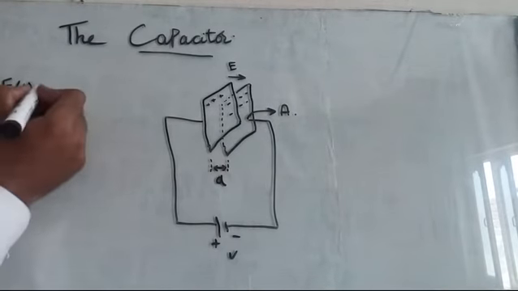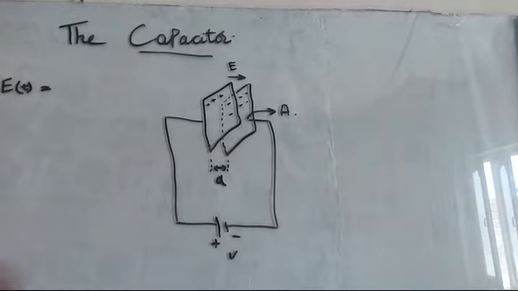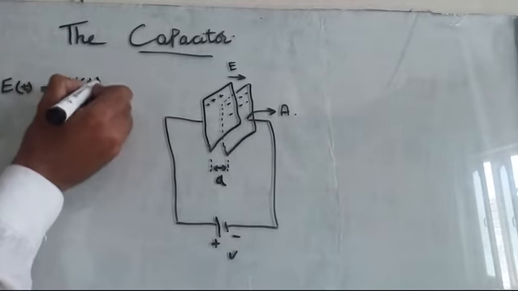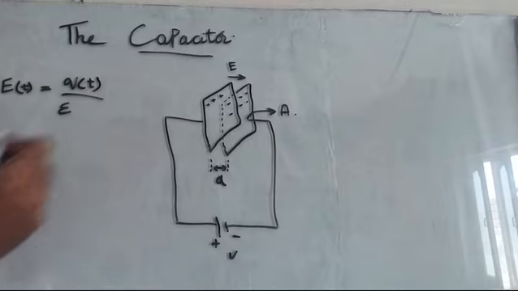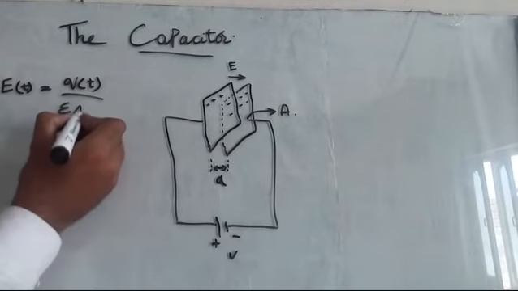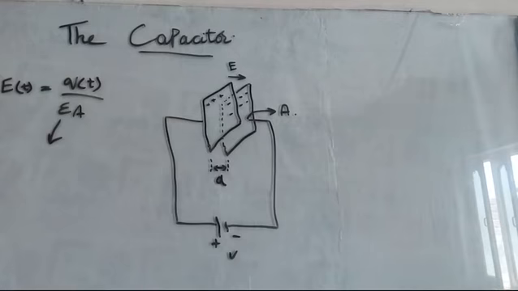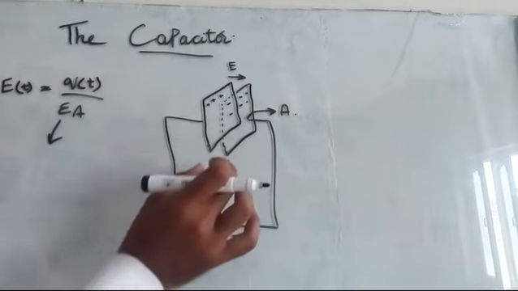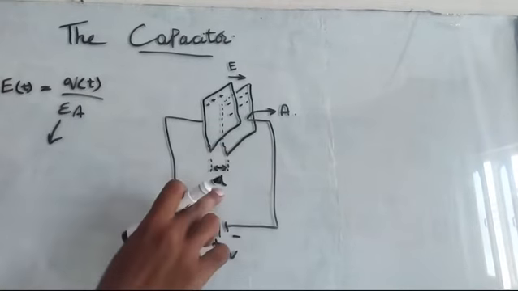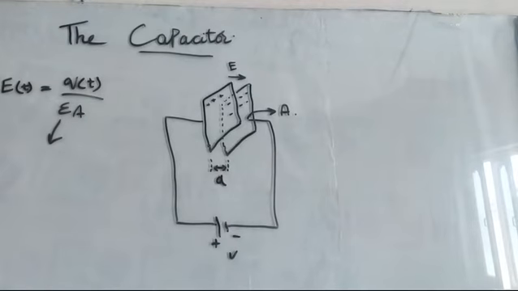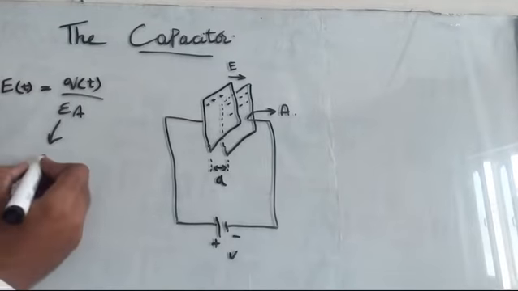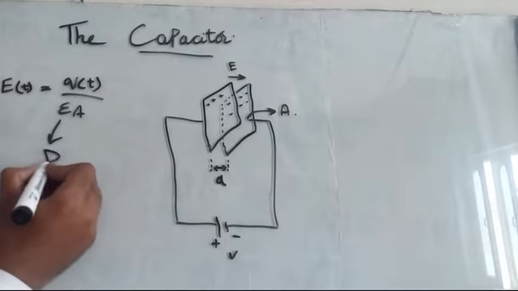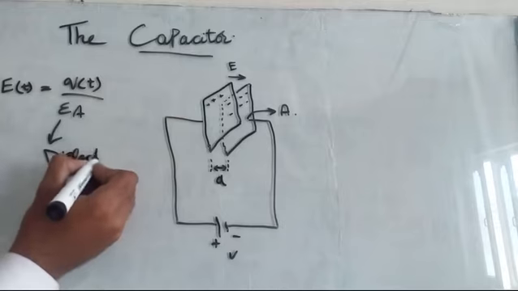is a time dependent quantity, and it is equal to the charge stored at the plates divided by eta multiplied by area. This is the permittivity of the dielectric material. These two plates are separated by a distance d, and there is a dielectric medium that cannot be ionized. This is the permittivity of this dielectric medium.